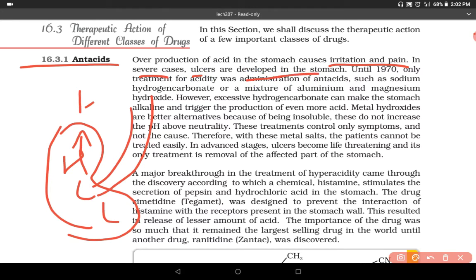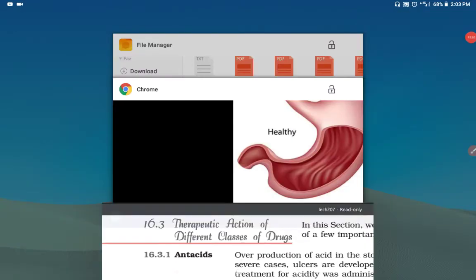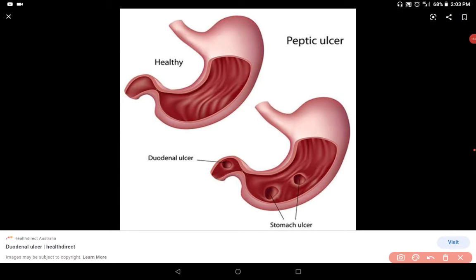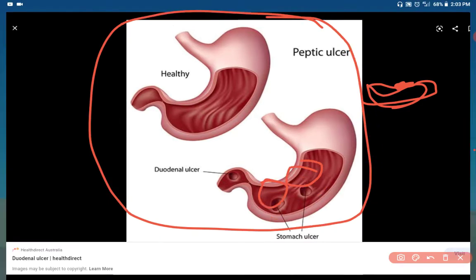One minute, ulcers. I will tell you about ulcers. For your reference, I will show the image. Is it recording or not? Yes, it's recording. This is the stomach ulcer. You can see that in the mouth also. Some wounds happen in your mouth also like this. Similar sores happen in the stomach. Your stomach ulcer is also present. Okay, let's jump.